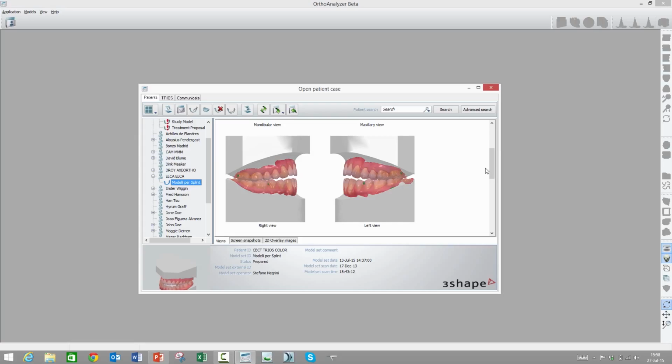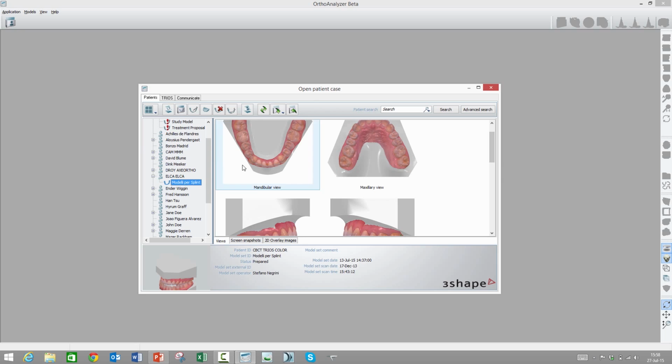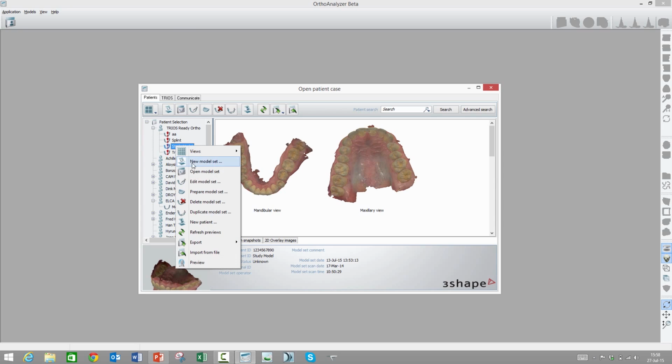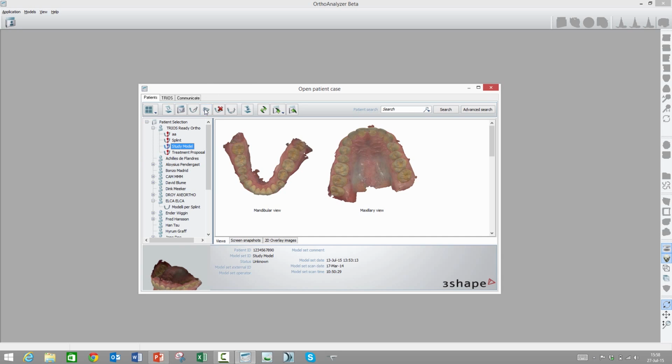If you want to create a virtual base on one of your models, the way you do it is, let me go back to the one without a base here. I simply right-click on the model and choose prepare model set. I could also simply click on the icon here in the toolbar. That will open the very same feature. So when I click on it,